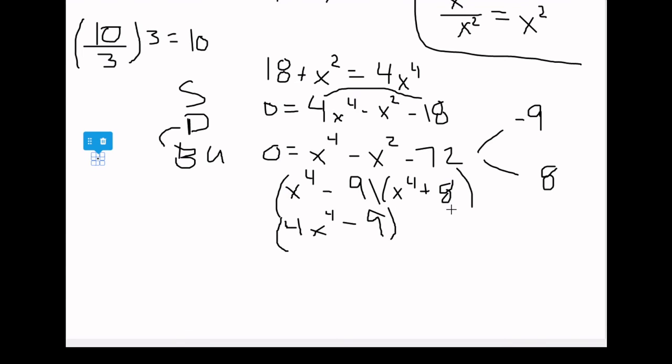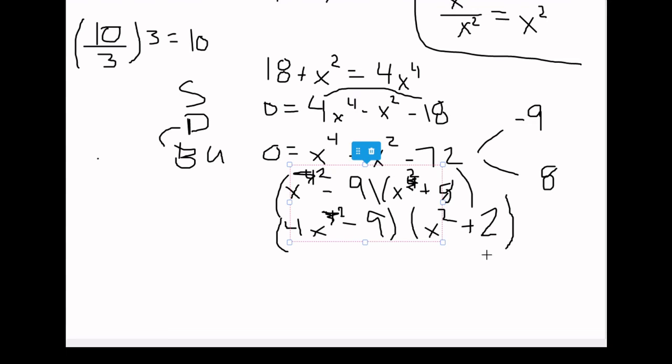Now we look at this half. This half can divide by 4. 8 divided by 4 is 2. So, actually we're not supposed to write x power 4 here. My bad. It's a 2 each time. Because x power 2 times x power 2 is equal to x power 4, which is in our original. So x power 2 plus 2